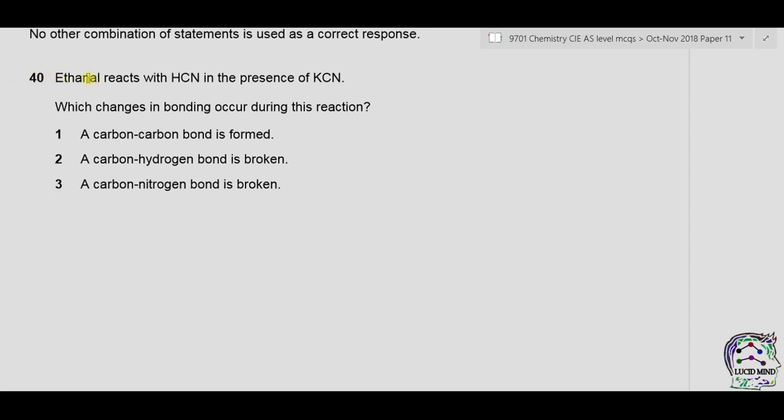Question 40. Ethanol reacts with HCN in the presence of potassium cyanide. Which changes in bonding occur during this reaction? Now the reaction of ethanol with HCN occurs in such a way that ethanol, which is aldehyde, it has partial positive carbon, partial negative oxygen. Now cyanide from KCN, which is CN-, it has lone pair of electrons. So it will attack this partial positive carbon by the help of lone pairs. This bond will break